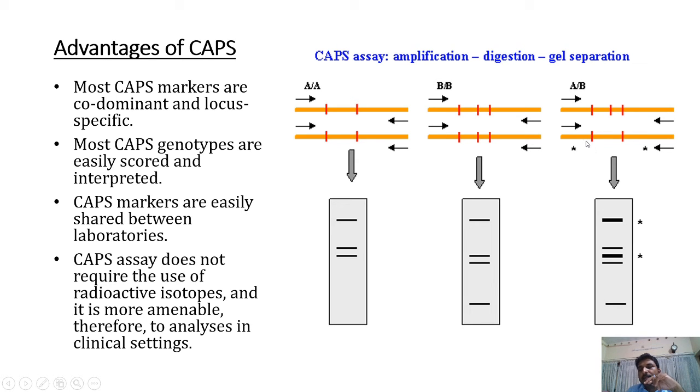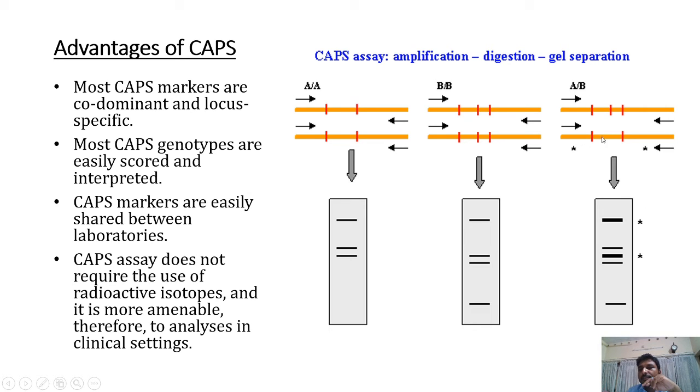But you have to keep in mind that this particular fragment is exactly similar to this one. So these two fragments will contribute to only one band, and this fragment is exactly similar to that fragment. So both of them will contribute to only one band. But here in this case, you can see it is a unique one, so this contributes to a distinct, different band.